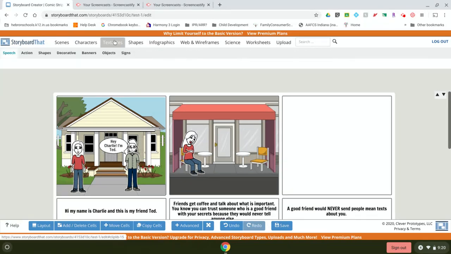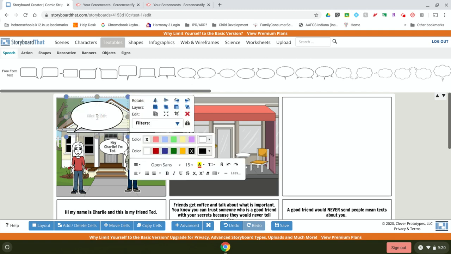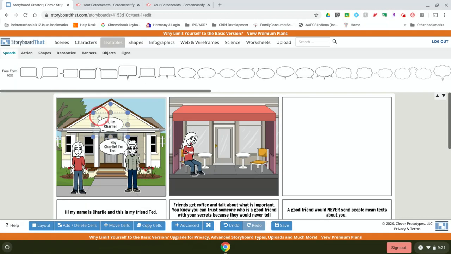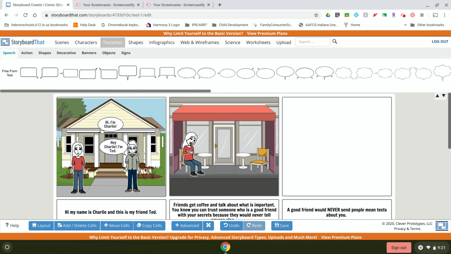If you want to add textables like I did here, hey Charlie, I'm Ted, you'll just do something like, hi, I'm Charlie, in this story. Then I'm going to make this smaller because it doesn't need to be as large. If you want to move it instead of type on it, you do need to click somewhere else on your screen and then wait for that little hand to pop up, and we'll just drag it down to where I